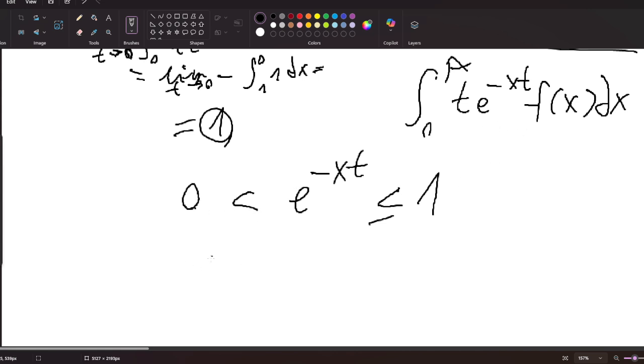And next we have t, which we just leave like that for now. And next we have f of x, which is going to be bounded